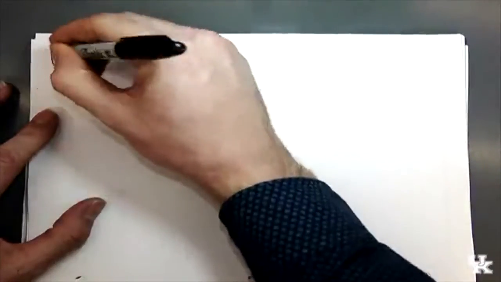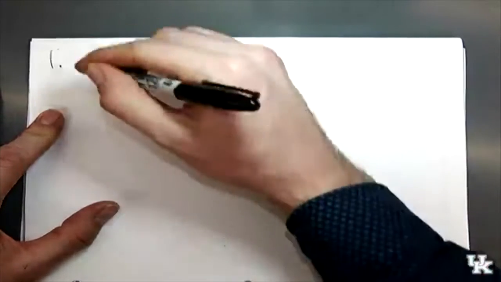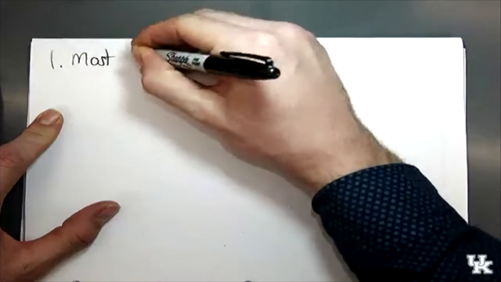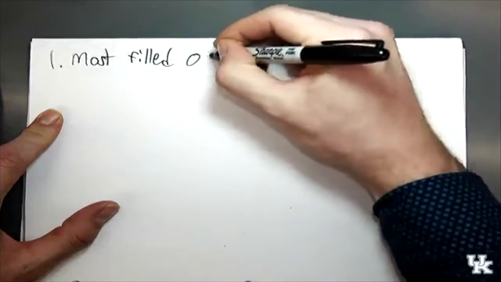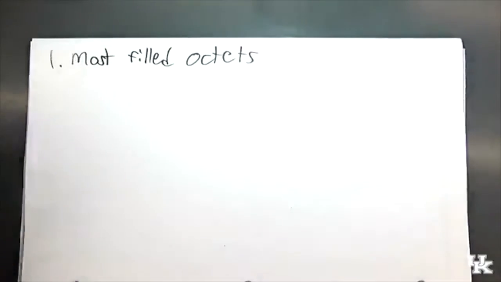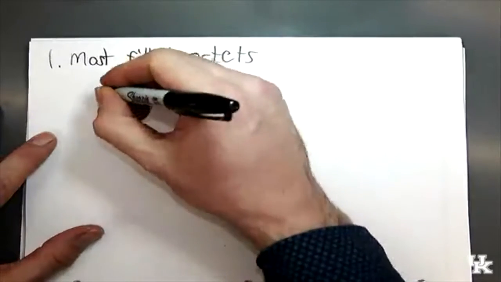The first rule: you want to make the most possible filled octets. You remember octets mean that every atom has its 8 electrons, every atom is happy. You want to give every atom 8 electrons if possible. Even if you have charges, do it anyway. So one example,